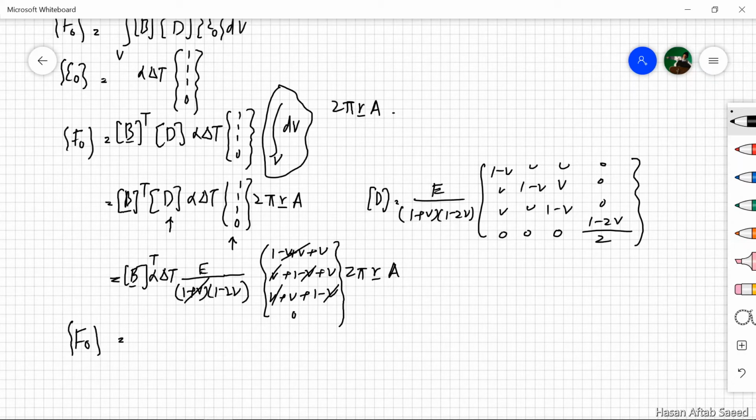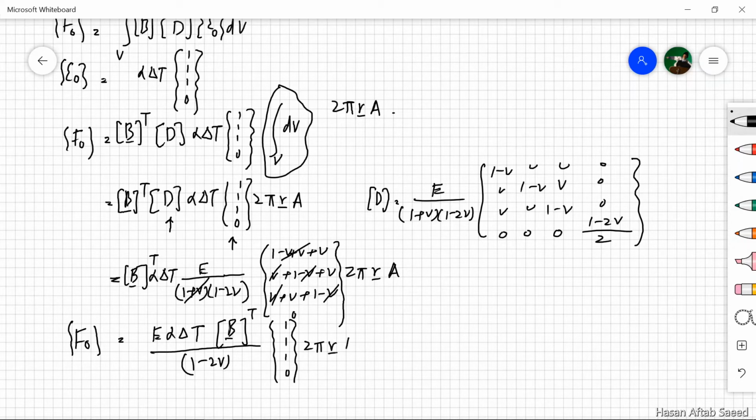If we simplify this, we are left with E alpha delta T B transpose over 1 minus 2 nu, 1 1 1 0,